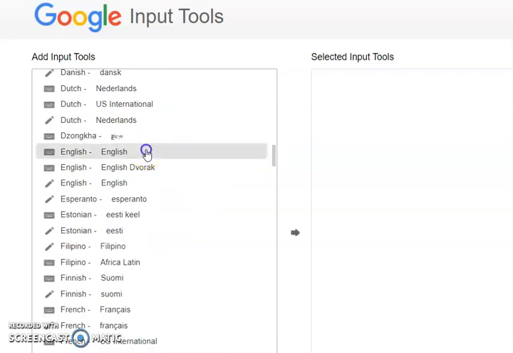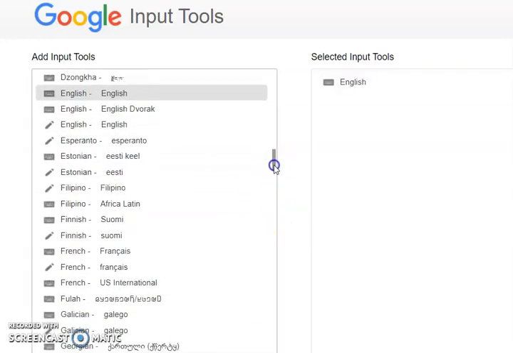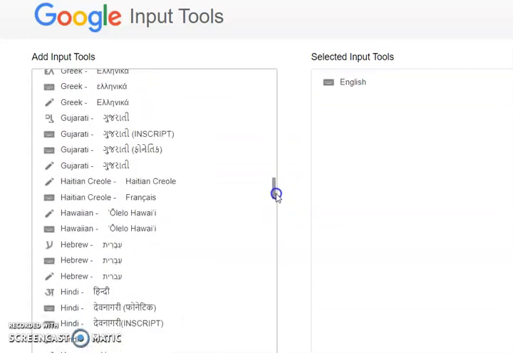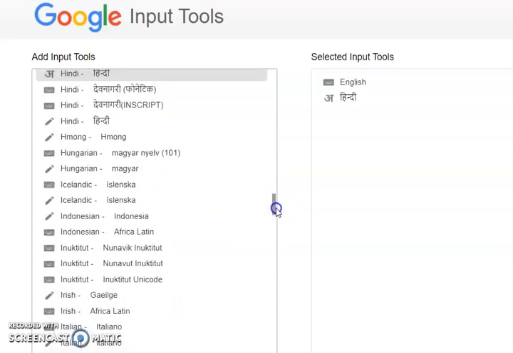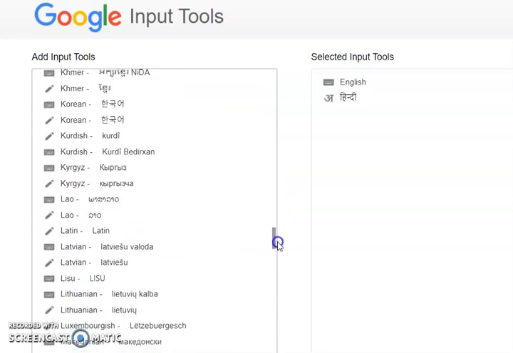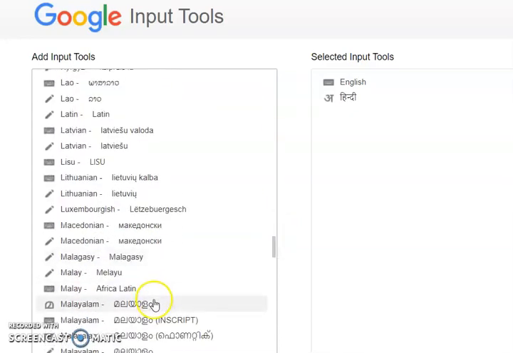I want to use English, so I will click select and click on the arrow button. Then I want to use Hindi, so I will select it and click on this arrow button so that it gets selected in my Chrome. Now I need to use Malayalam, so that is also available here. Click it and you are good to go.